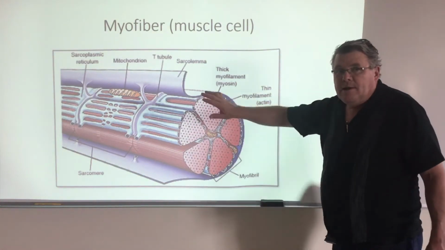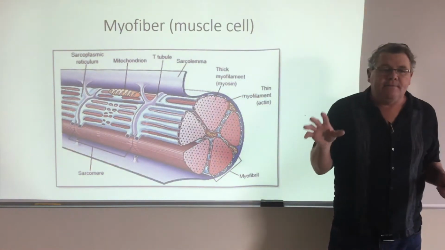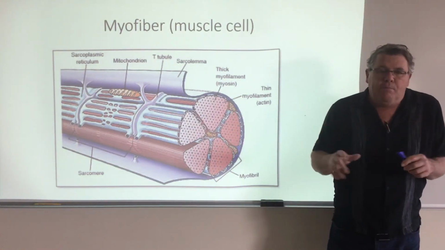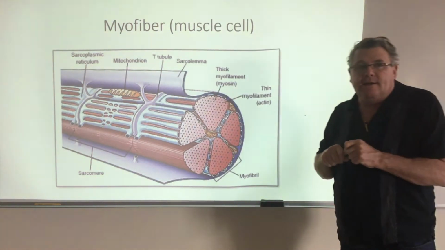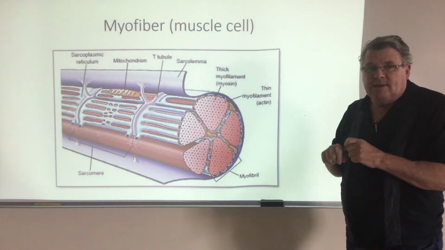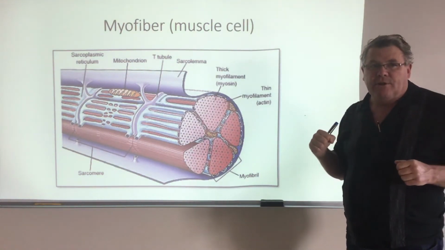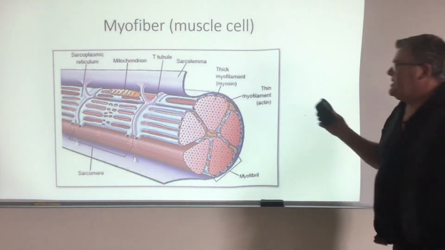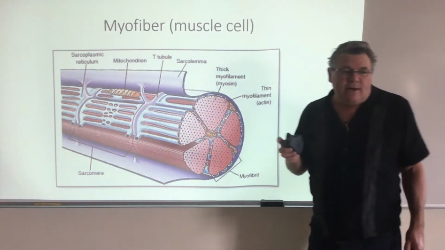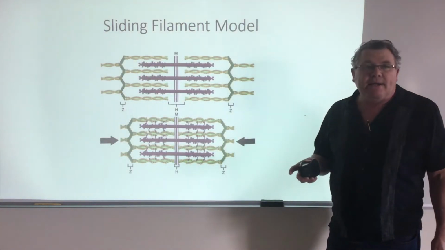Now, when I left off, I said that, hey, calcium plays a big role. Calcium is what's going to be important when it comes to trying to get the actin and the myosin to bind, to do what we call a power stroke and move them across each other, move them next to each other. So we've done this. Now let's look at the physiology, and I'll try and make it about as quick as I can. This is what we want to do.